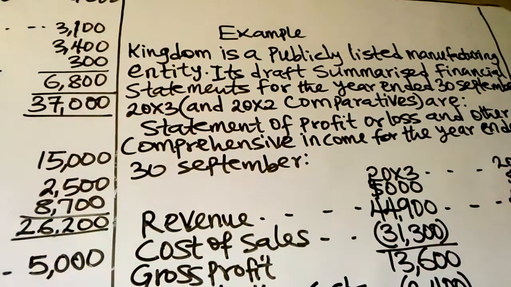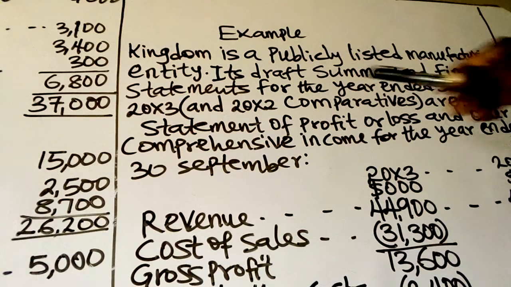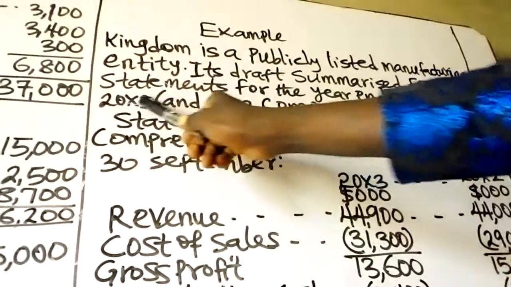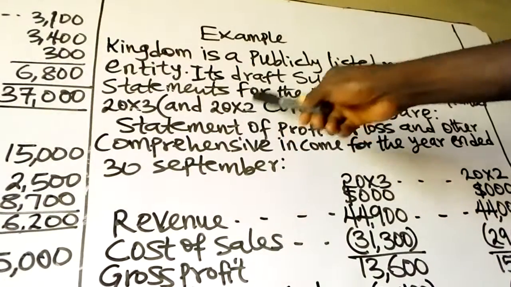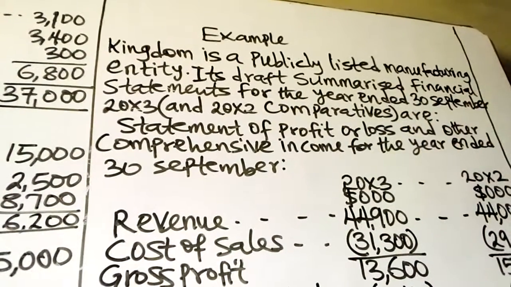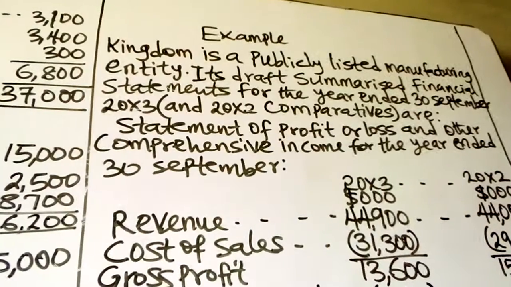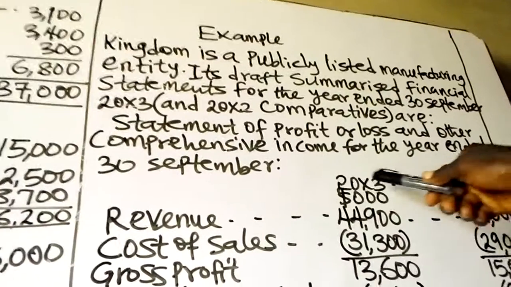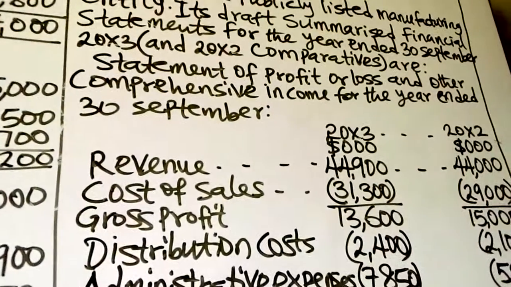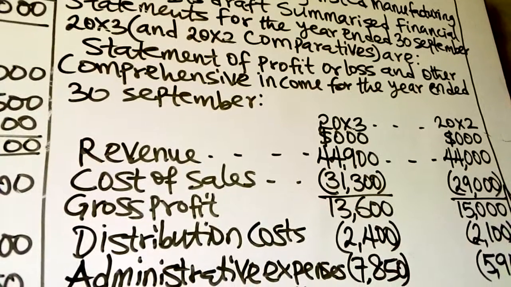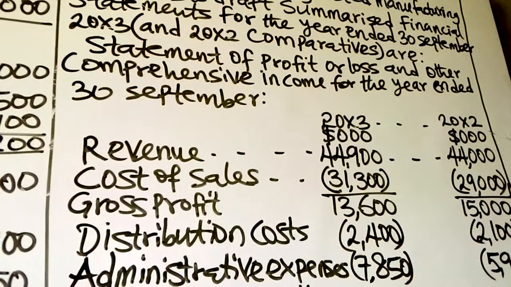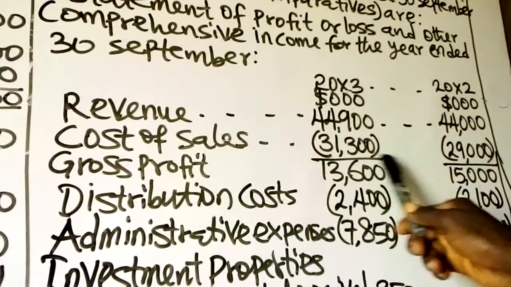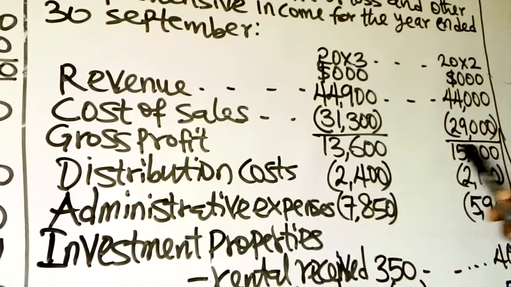Its draft summarized financial statements for the year ended 30 September 20x3 and 20x2 comparatives are given. You are given the statement of profit or loss and other comprehensive income for the year ended 30 September, for 20x3 and 20x2. All figures are in thousand. The first item is revenue, 44,900, 44,000. Cost of sales, gross profit, distribution cost,